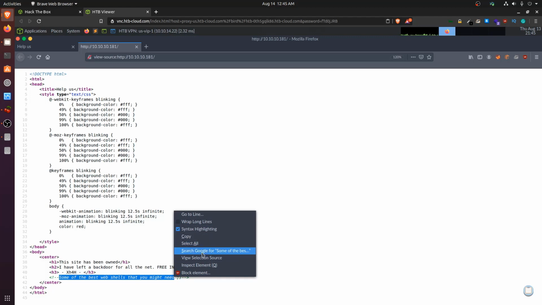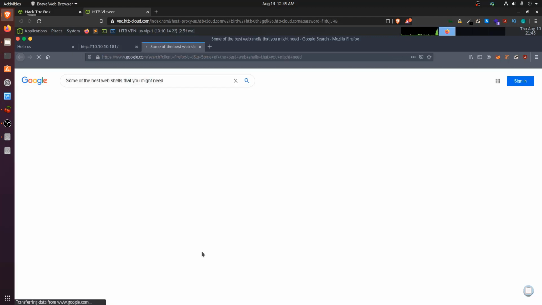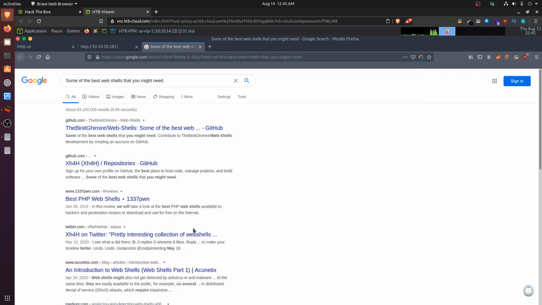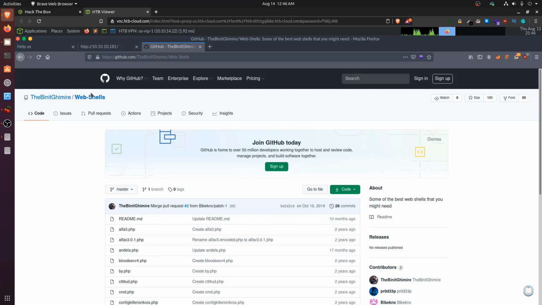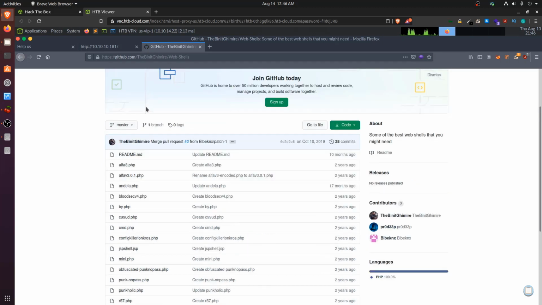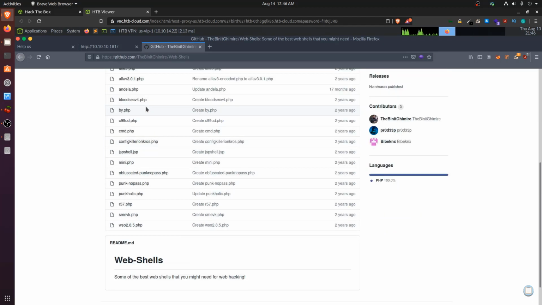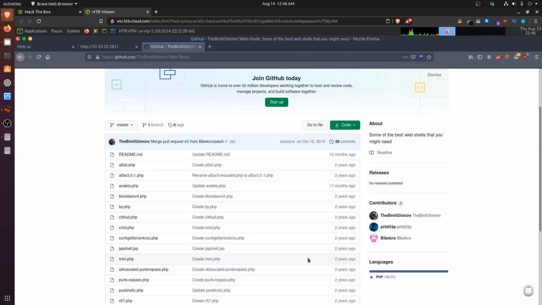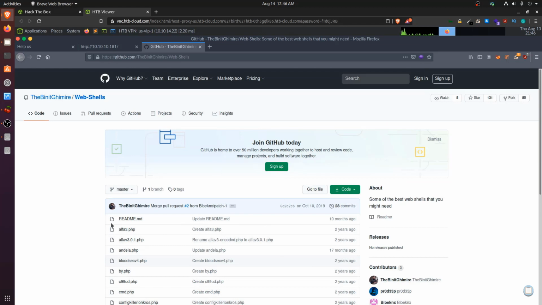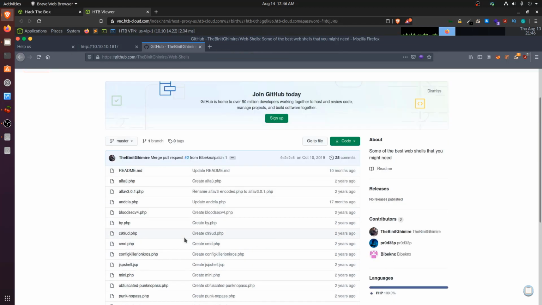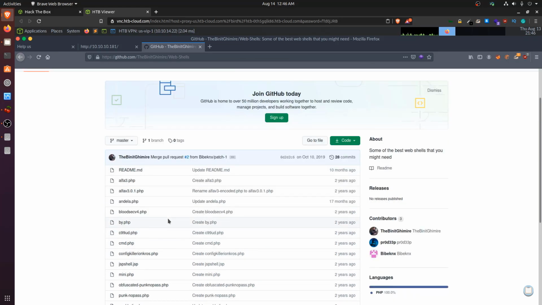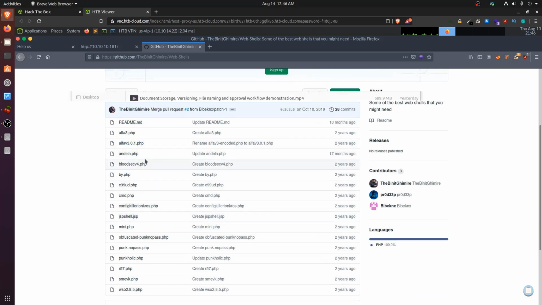This is quite clandestine, and as I said, this is more of a CTF based box, which means you need to look for things that are out of the ordinary as opposed to misconfigurations. So we click on the first link here, which takes us to a GitHub repository that actually matches the string we provided, some of the best web shells that you might need for web hacking. And if you take a look at it here, we can see that we have a list of all of